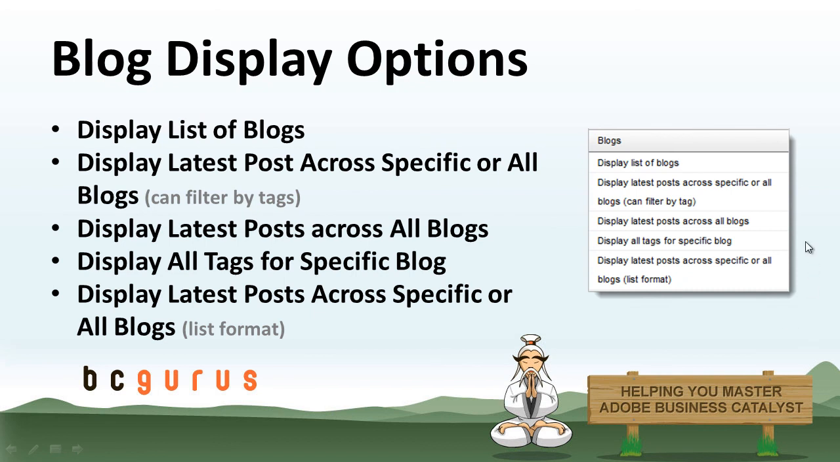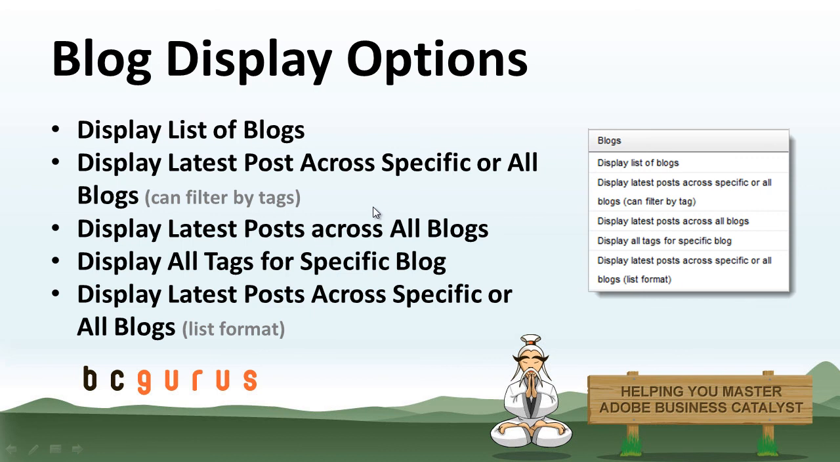So we can do it as a display of the list of blogs. I went through and created a few more blogs so we can see how that will look. We're going to display the list. We're going to display the latest post across a specific blog. Then we can display the latest post across all blogs. Display all the tags for a specific blog, or display the latest blog posts through a specific or all blogs